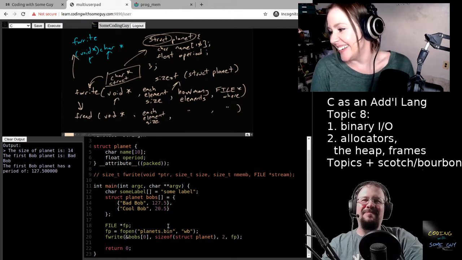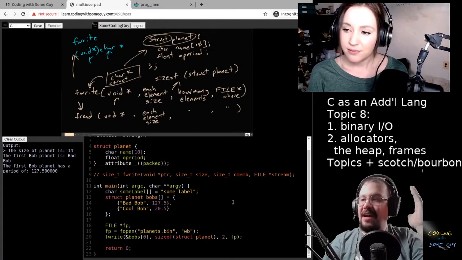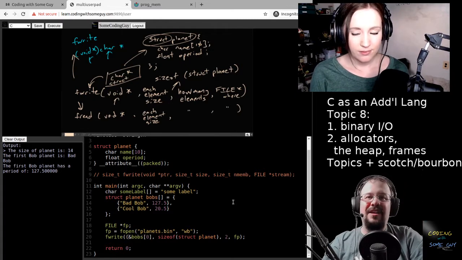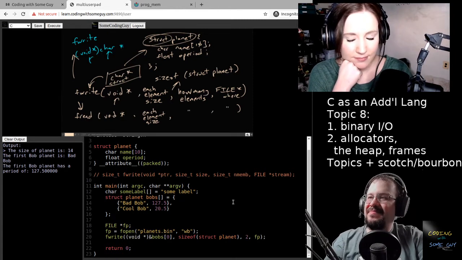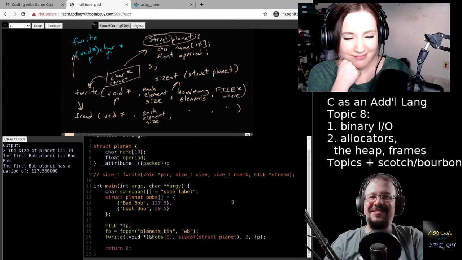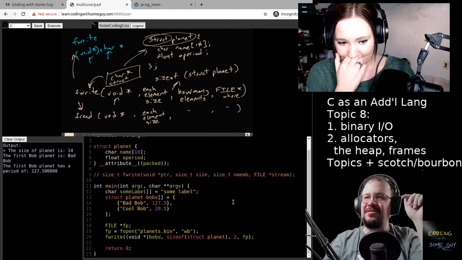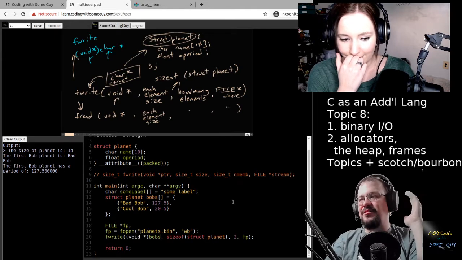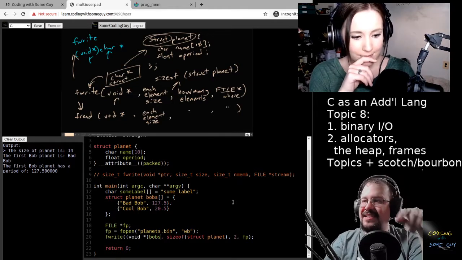Okay, all right. So to cast something, we basically just put the type we want it to become in front of it. So we say, you should become a void pointer. That's it. Don't worry about this stuff. It doesn't matter if you wrote it that way or this way. Those both refer to the same thing because the first element of bobs is also its pointer because of the name and that handy syntax we learned.